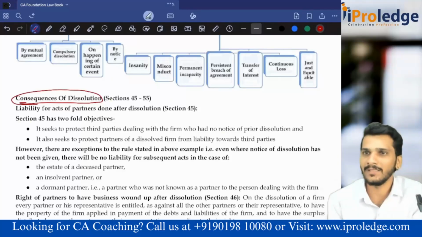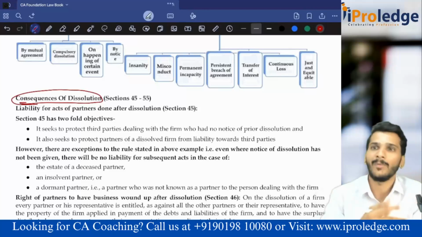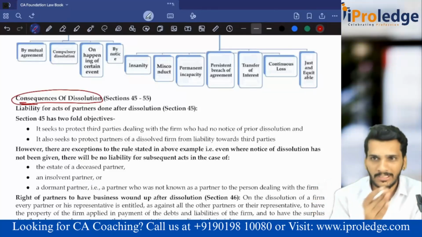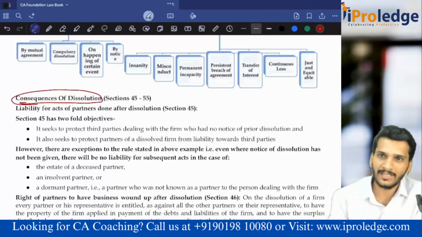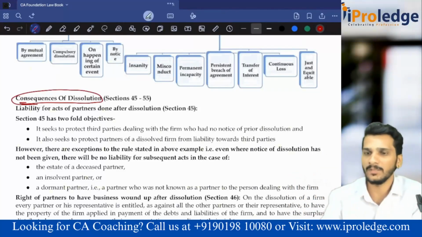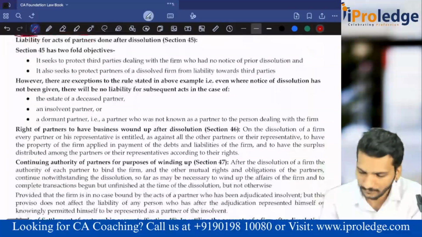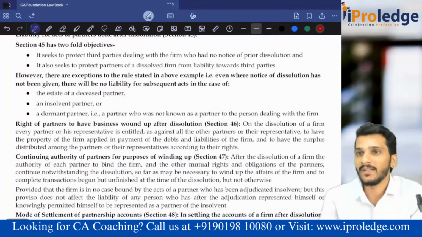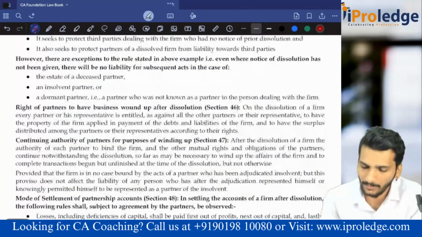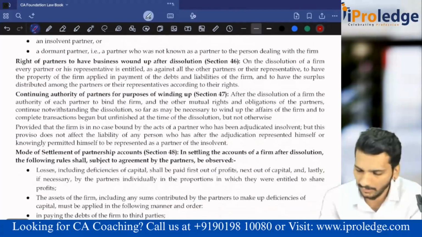What is partnership firm is not liable? Other partners are not liable. That is what I meant. And any transaction which has happened before the dissolution, even after the dissolution, partners are personally liable for all those things, because that has happened when it was a partnership firm. If the partner died, then the property of the partner, the estate of the deceased partner, all those things are there.